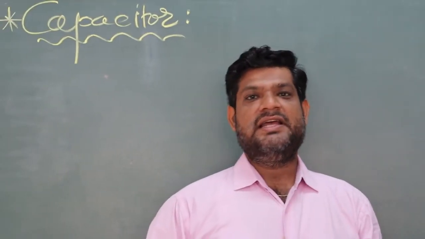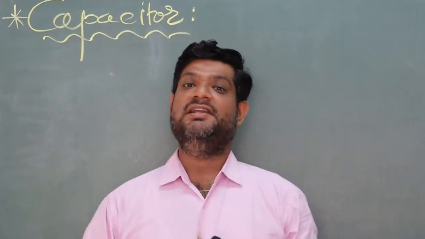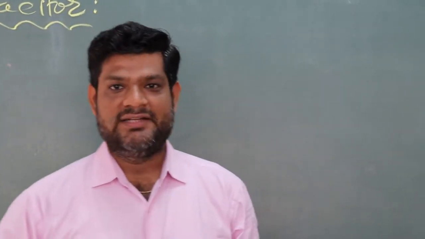Capacitor is an electronic device which stores electrical energy and charge. So the charge storing capacity of the capacitor is known as its capacitance, denoted by the capital letter C. Capacitance is its property. It is a charge storing device, and it also stores energy. There are lots of types of capacitor, but in our book the parallel plate capacitor is given. So how the parallel plate capacitor is made and what it is, we will see right now.